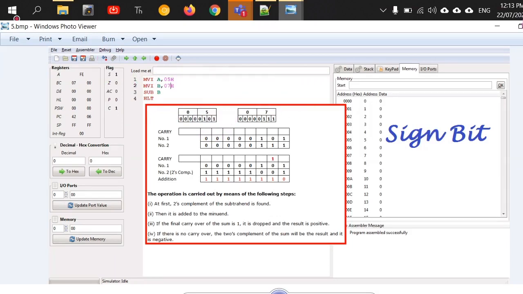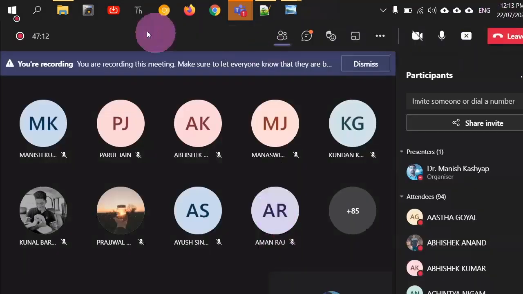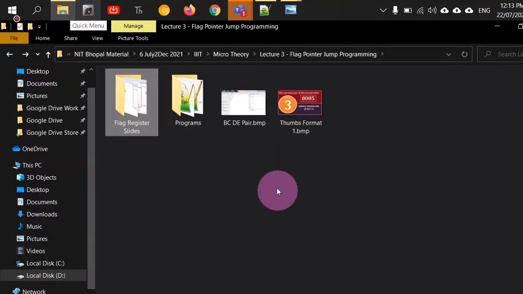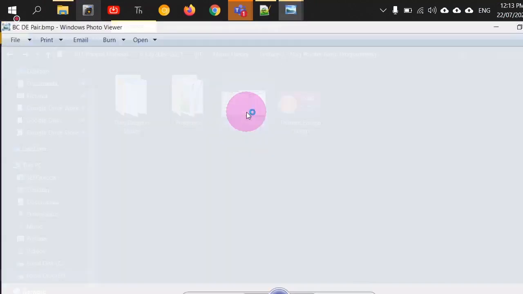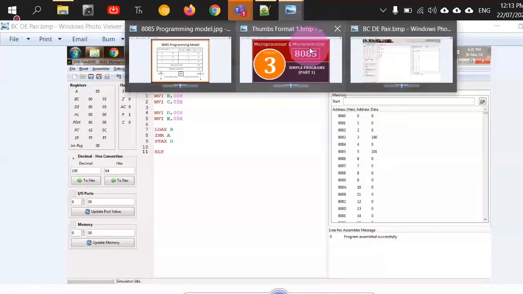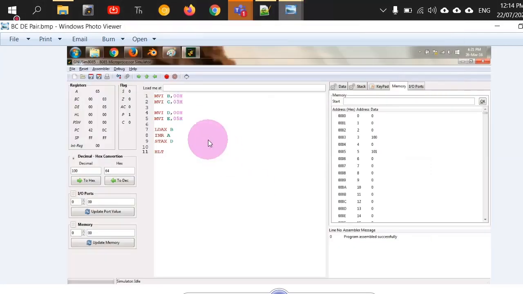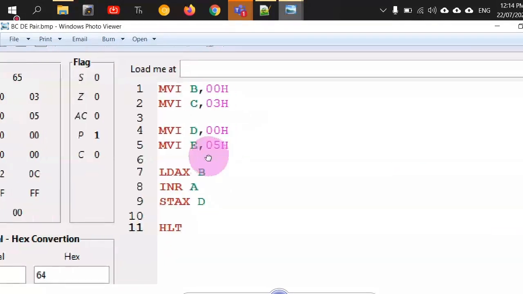Now, having understood this, let us move on to another concept. First of all, we will see that the HL register pair can be used as a pointer. In the next program, we will see that the BC register pair and the D register pair can also be used to achieve the same thing, but not automatically, right? There is a specific command by which it will be done. For that, I have made this simple program. All of you can see this program.